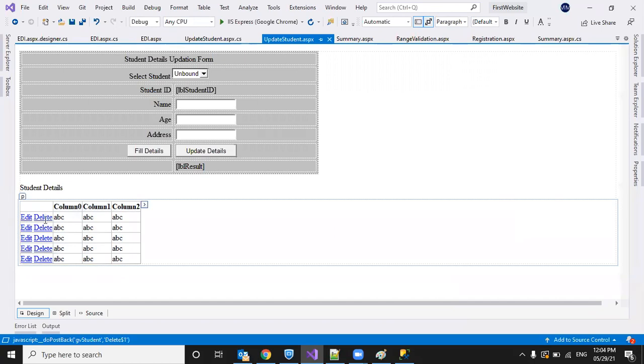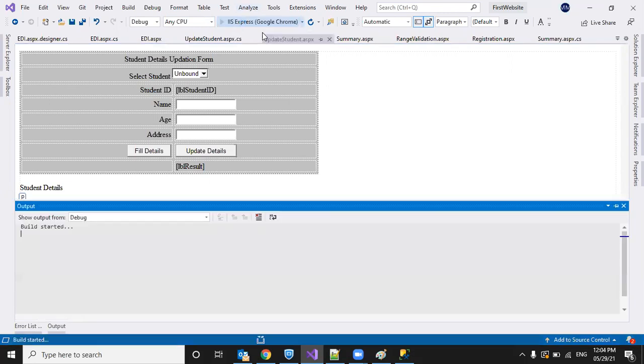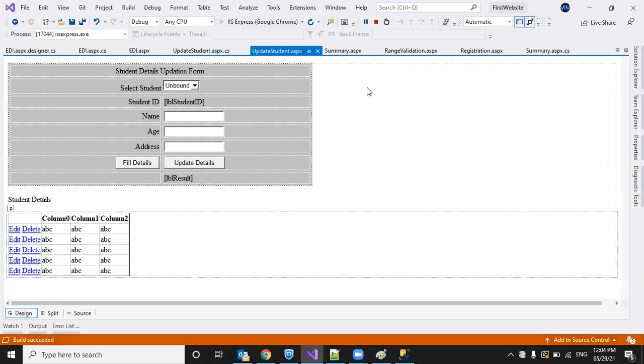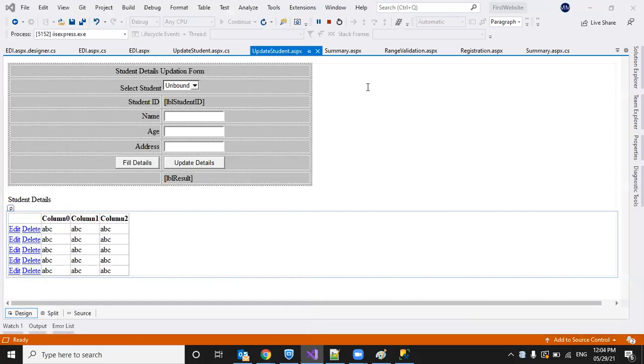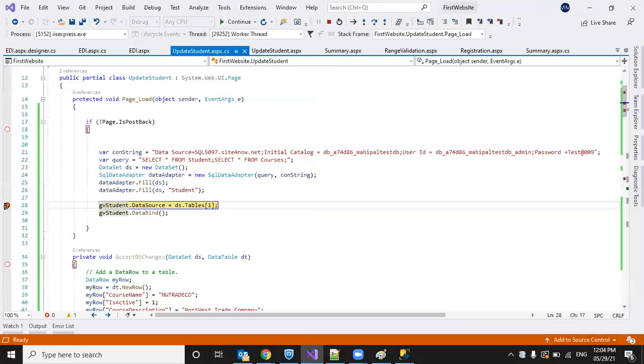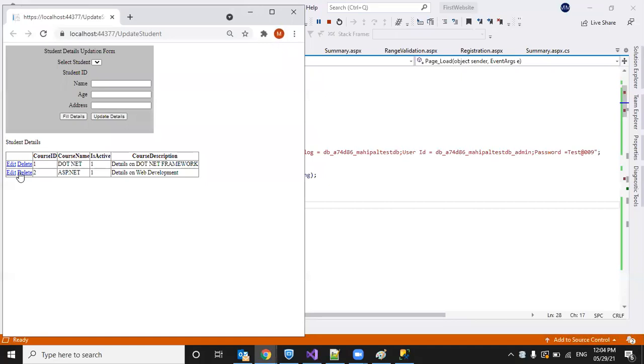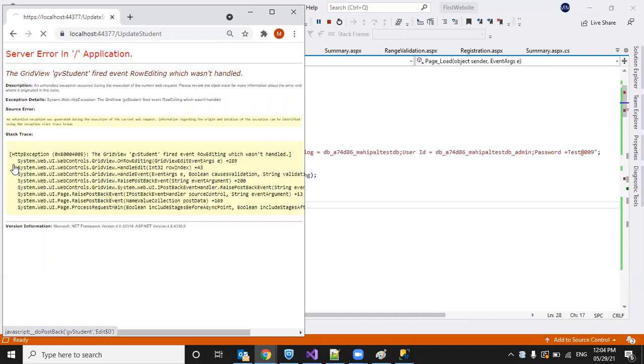So I have an edit button and a delete button. When we click the edit button, it has to set the row into edit mode. Just let's run and check how it will display. Just a second. So let me remove it. See now, it auto generated the edit button and delete button. So let me click on this edit.